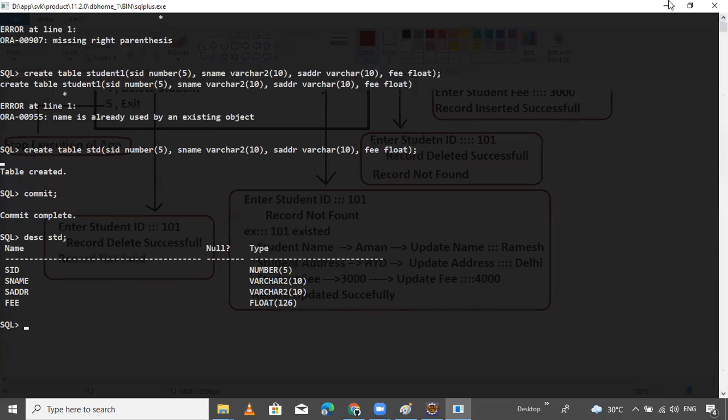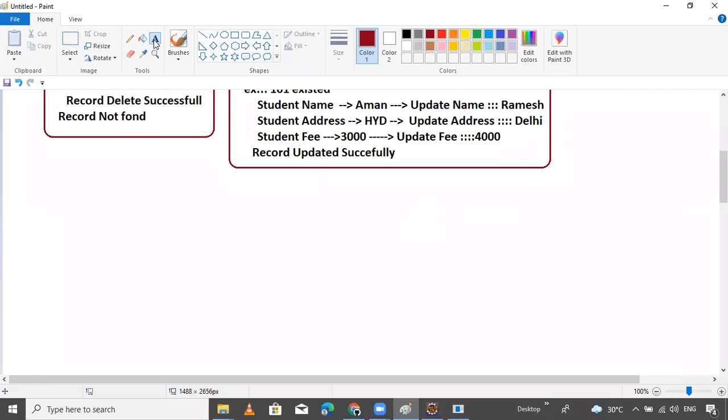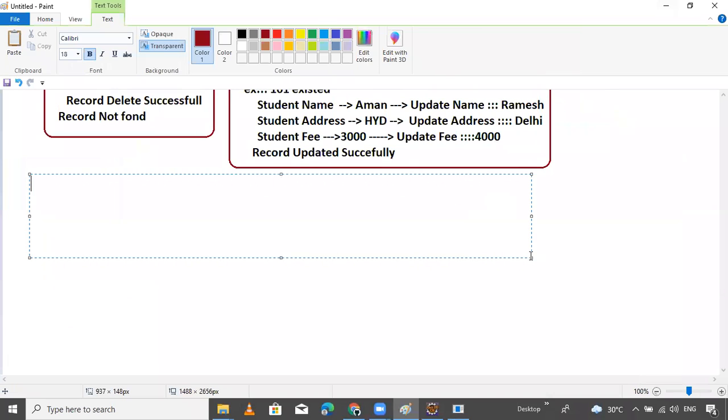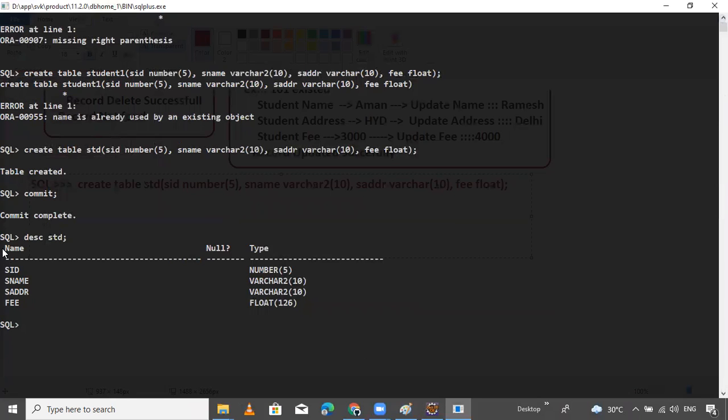One thing. Proceed. I want to paste here. Okay. Now the next thing is this one.